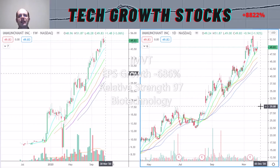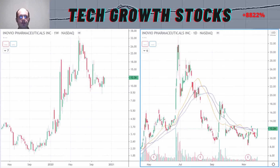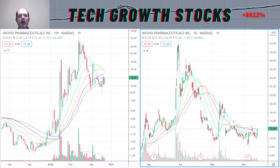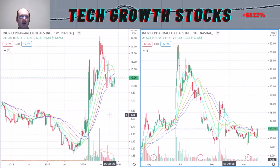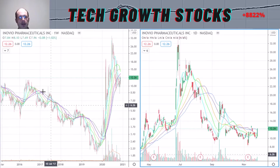Okay, everybody, so that was it for Immunovant. Let's have a look at the next top biotech stock to buy. And it is INO, Inovio Pharmaceuticals. Here you can see the longer term chart of Inovio Pharmaceuticals, and as you can see here, let's